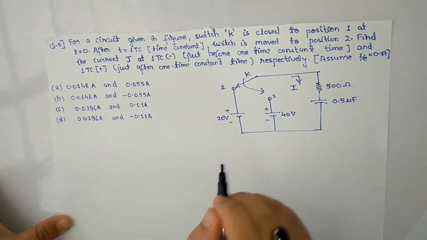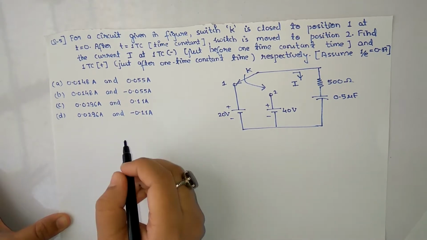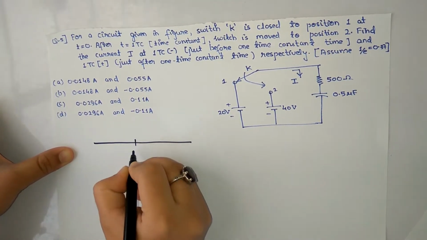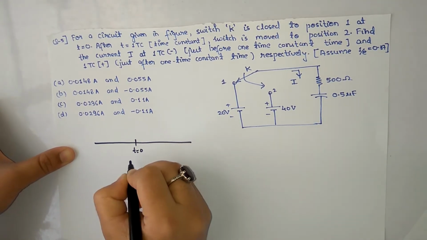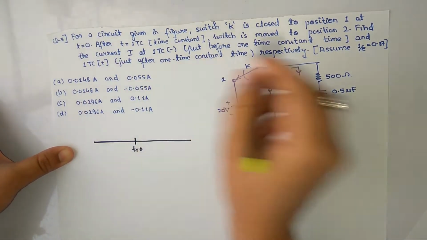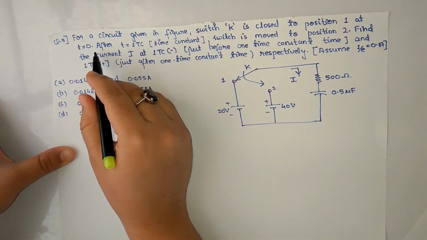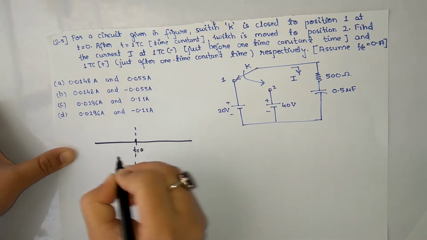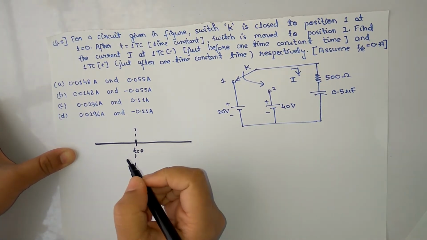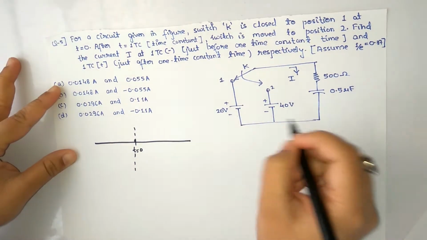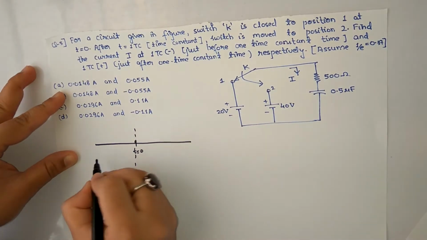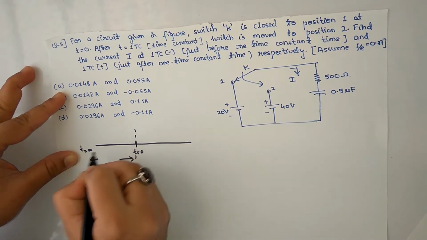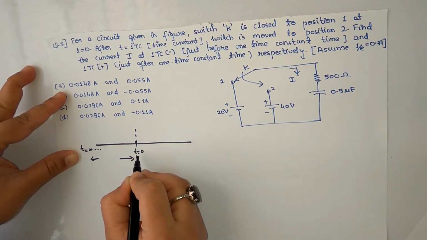So the first thing we need to understand before solving this question is, if at t equal to 0 the switch is getting closed, as it is given, the most important thing is, what will be the condition of this circuit before t equal to 0? So the circuit will be, from t equal to infinity to t equal to 0,